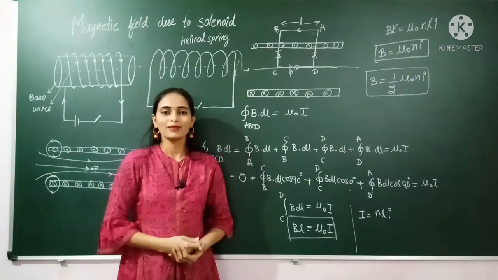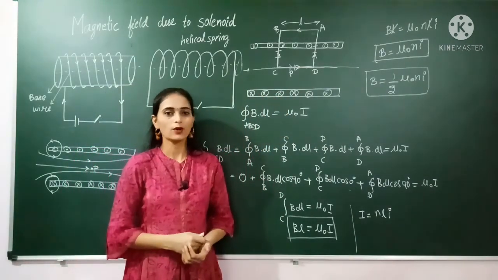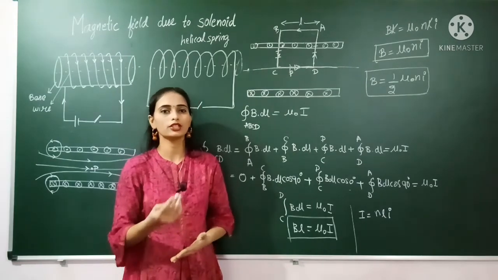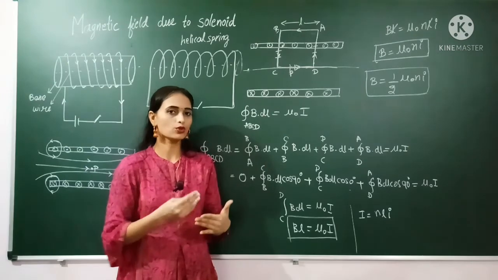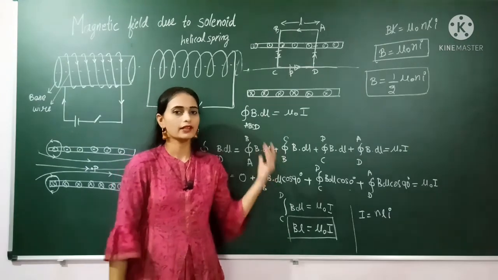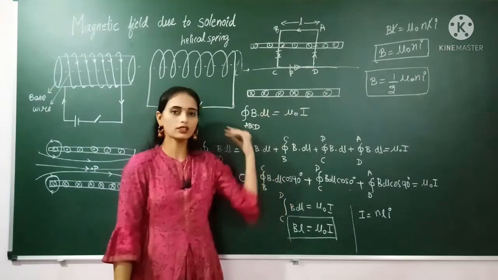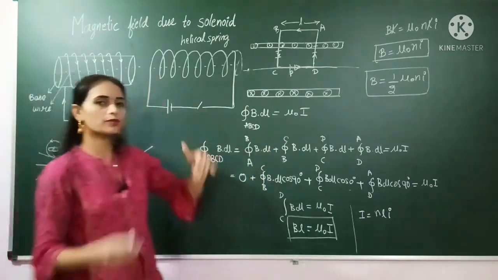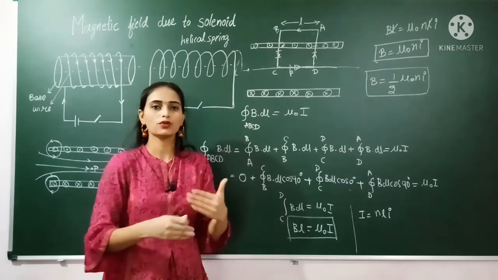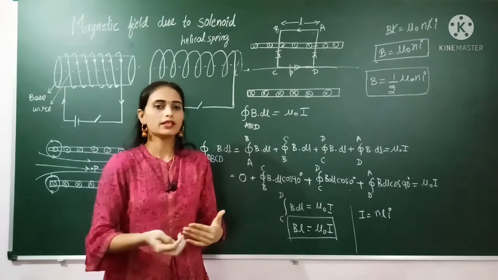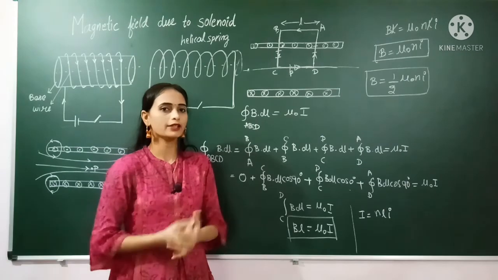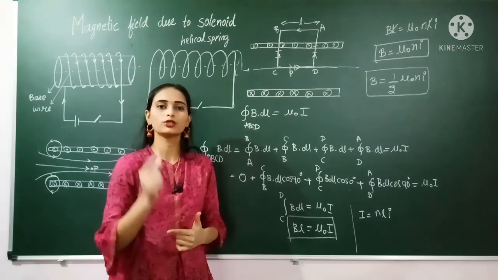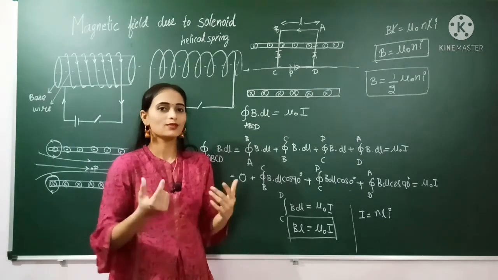So this is all about the magnetic field inside the solenoid. To calculate the magnetic field inside the solenoid, we have to use Ampere's circuital law. We have to take the closed loop, and using that closed loop we can calculate the magnetic field inside the solenoid. First, solenoid means a pipe-like structure on which the wire is wound. That pipe should be non-conducting and the wire should be conducting, but coated with non-conducting material, so there is no short circuit. So this is about the solenoid.